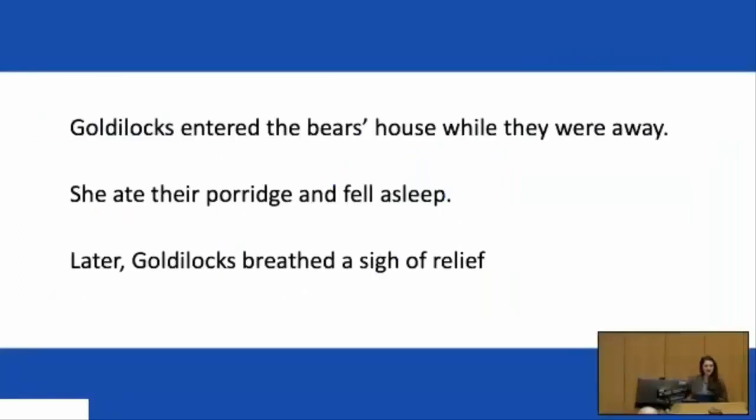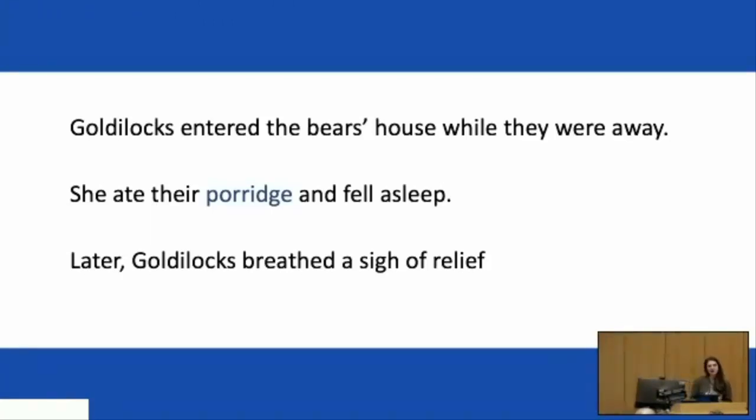So back to the Goldilocks example real quick to illustrate what these questions got at. Rote questions targeted factual knowledge on a page, kind of like I mentioned earlier. I might ask, what did Goldilocks eat? You'd be able to answer porridge if you weren't mind wandering on that sentence, hopefully. Inference questions targeted knowledge implicitly stated in the text.